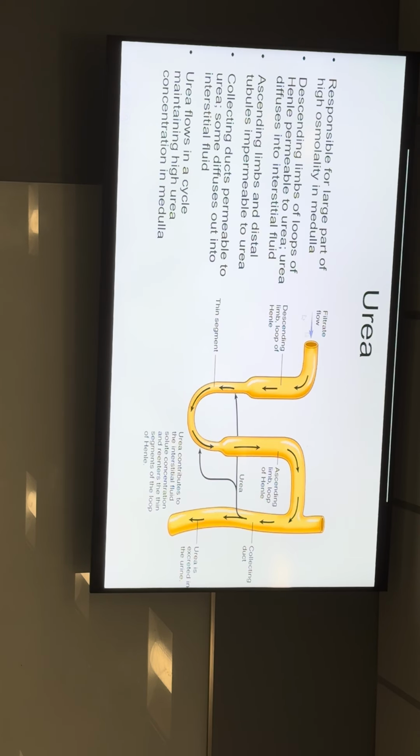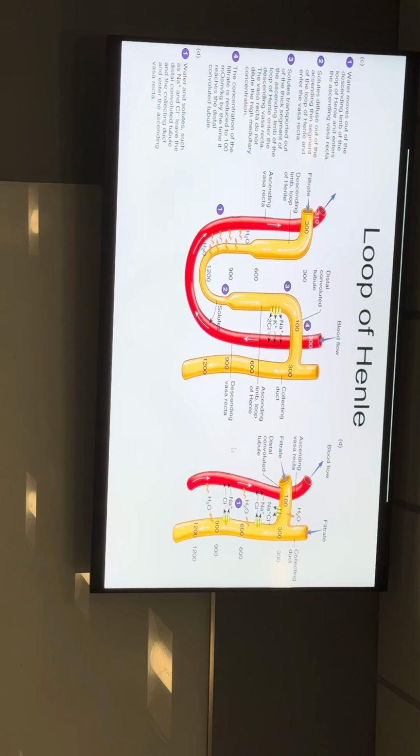That, along with the recycling of urea, where you get urea from protein metabolism, it comes out, you pee some of it out, about half, and the other half you retain and recycle and you keep in your medullary pyramid. And then what we end up with is we reabsorb a little bit more of salts and sugars in your distal convoluted tubule, and then your urine enters your collecting duct at 300 milliosmoles per kilogram.